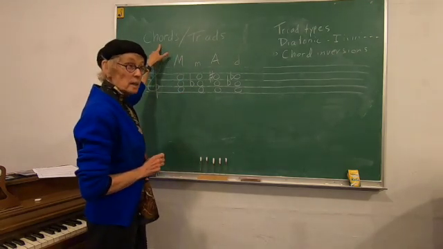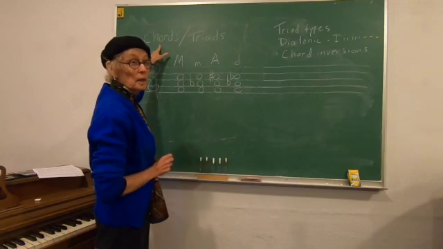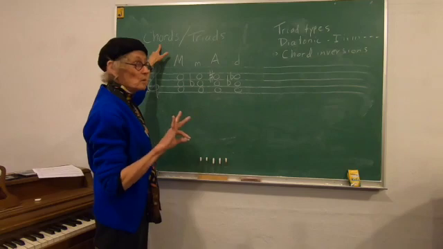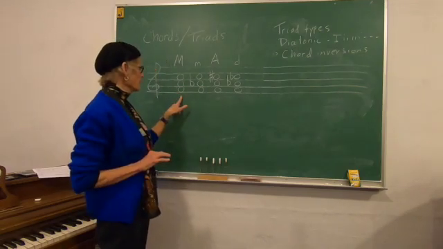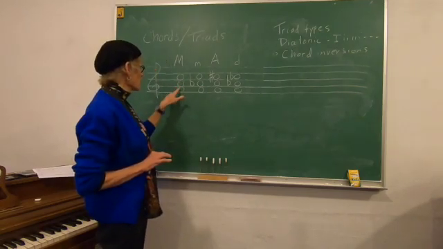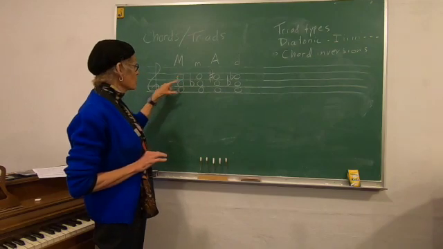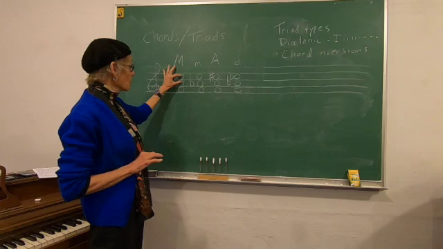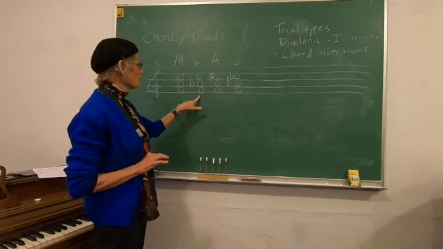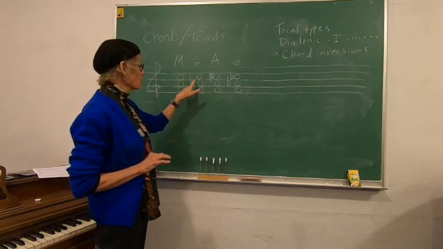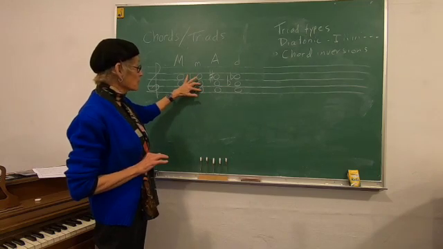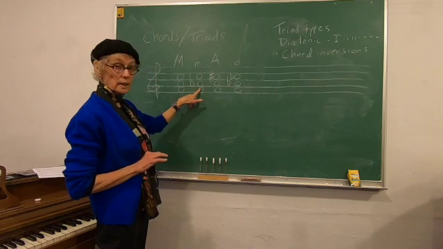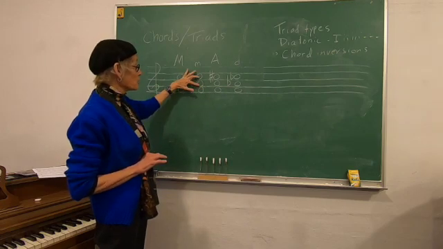Chords, by the way, can be more than three notes, and often are. But we're going to talk just about triads, about three-note chords. This is a major triad: a major third plus a perfect fifth on the outer interval, or a major third on the bottom and a minor third on the top. This is a minor triad with a flatted third: minor third on the bottom, perfect fifth on the outside, or if you want to count from 3 to 5, major third here,